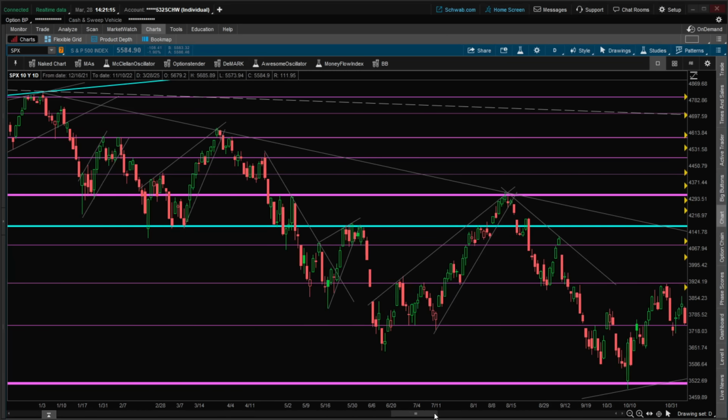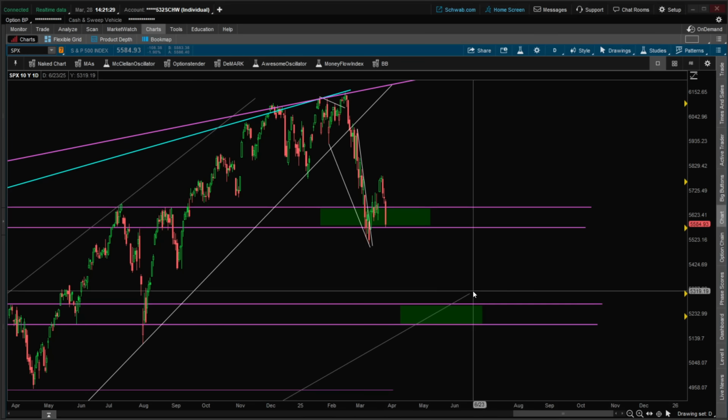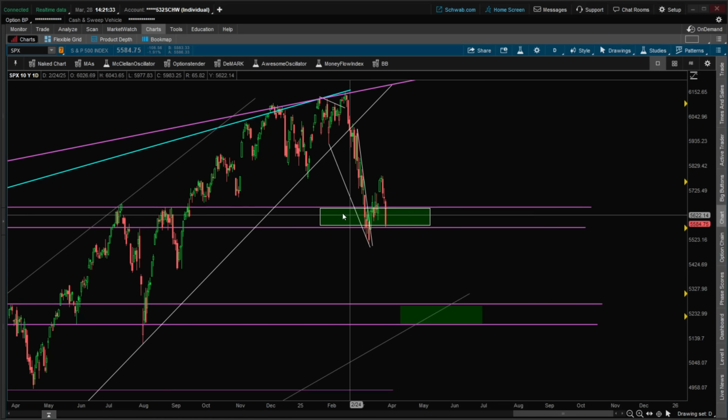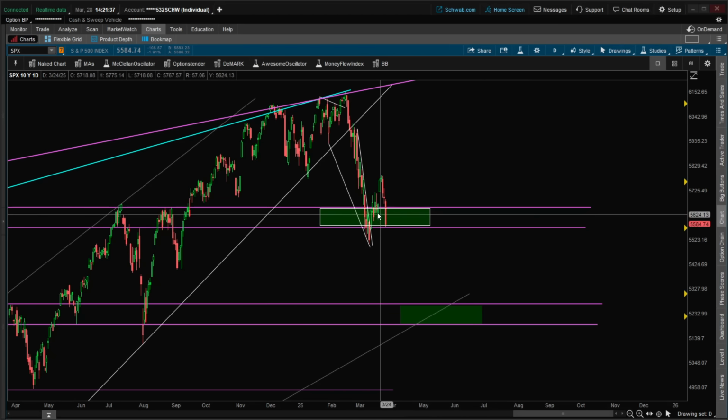Okay. So what's happening right now? I believe the same thing's happening. We came down underneath support, ripped. We have a flat pattern, and I'll show you the retracements in a few minutes. But if you notice, we're right back into this buy zone that I have labeled green. Okay, so we hit the bottom of it, pulled the trigger,